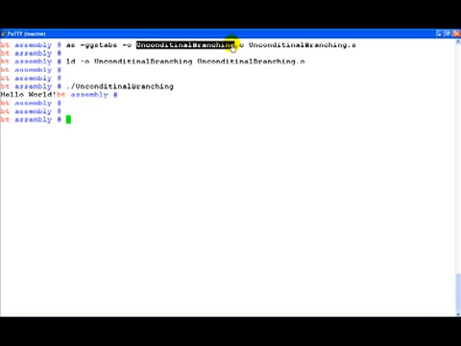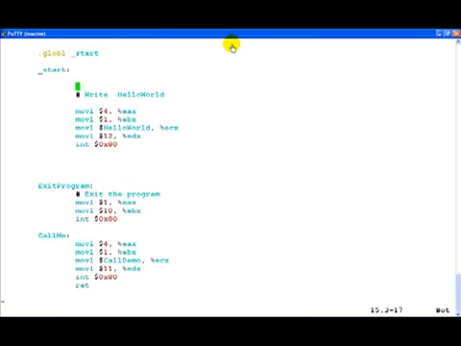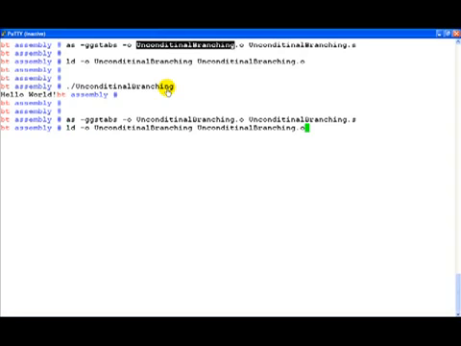Now let's try tampering with this program a little bit by using the jump statement. So let's very simply add a jump statement here and give it the label, and in this case let's give it the exit program label. Assemble it again, link it and then run it.